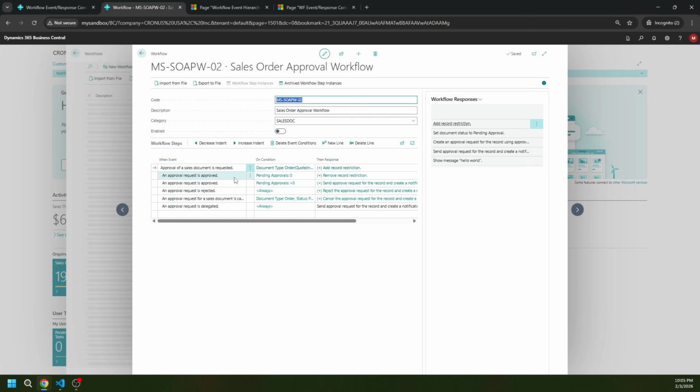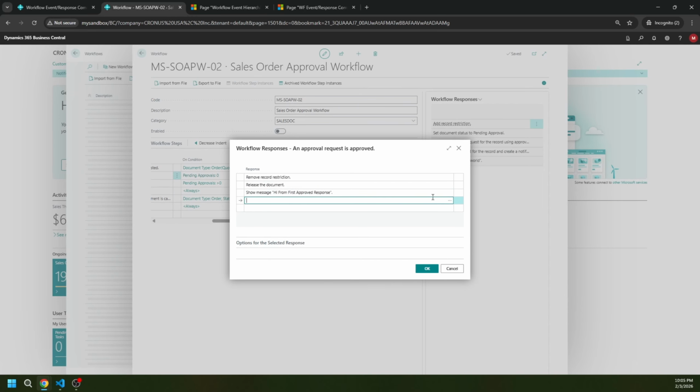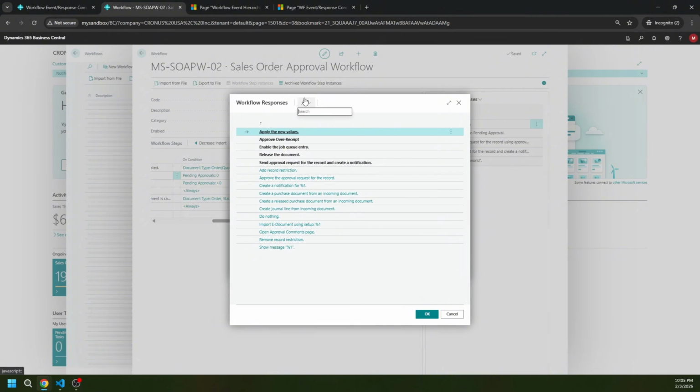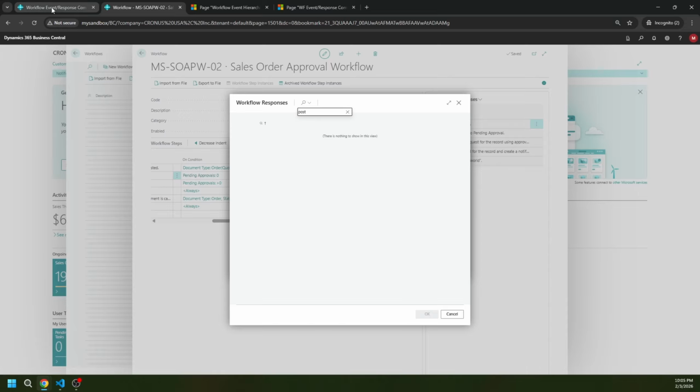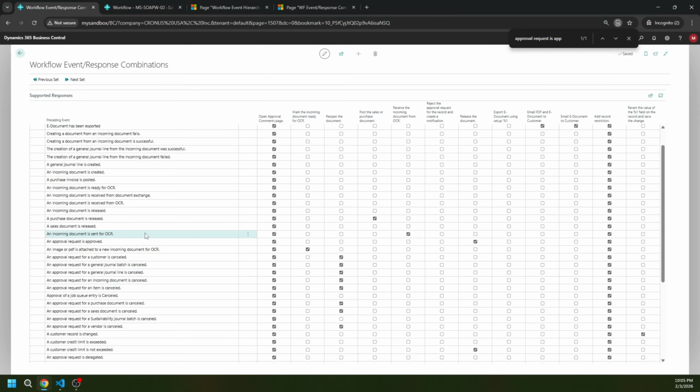Okay, so this is a standard approval workflow. An approval request is approved. Let's define another response, post. I can't find the post response. So if I go here and check the checkbox, post the sales or purchase document,